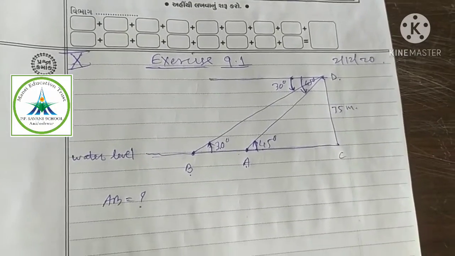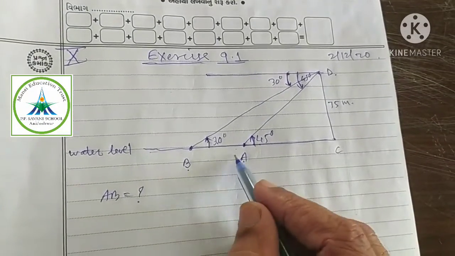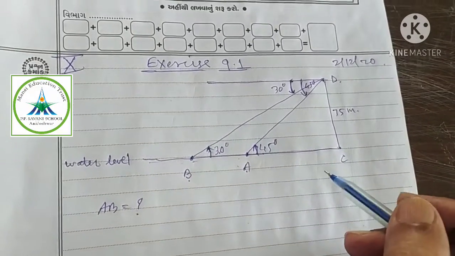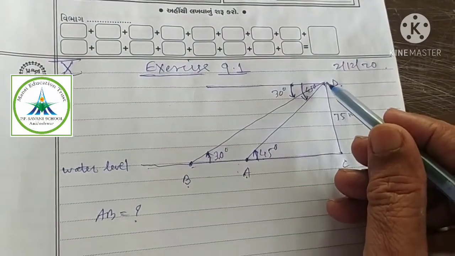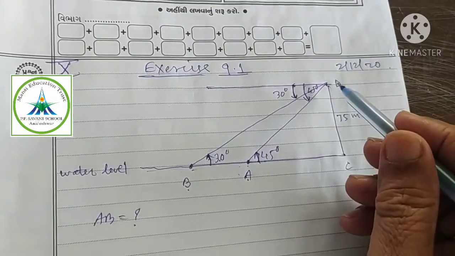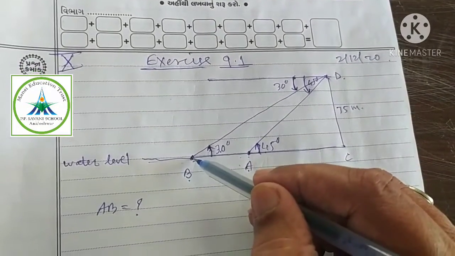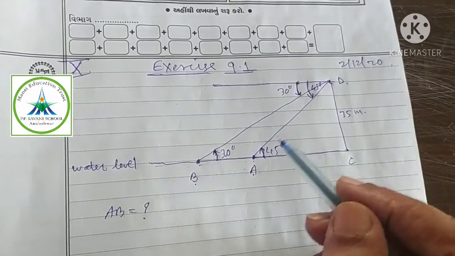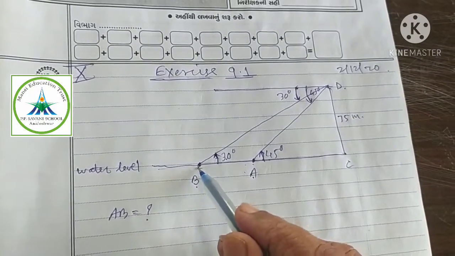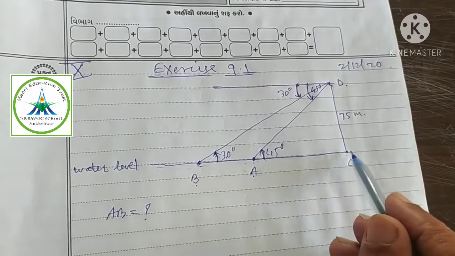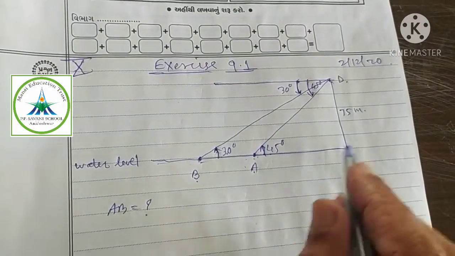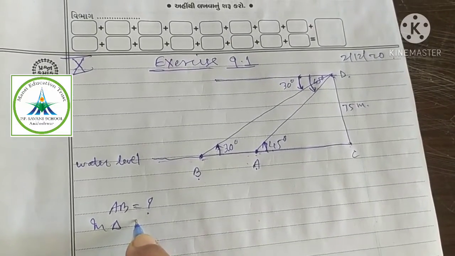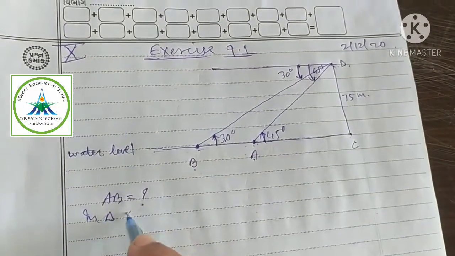See now, AB is part of BC. Can you name two triangles? See, one triangle is DCA and other triangle is DCB. Okay, now using the triangles separately, we will find in one triangle BC and in other triangle AC. Clear? Now let us take in triangle, which should I take? DCA. Okay.